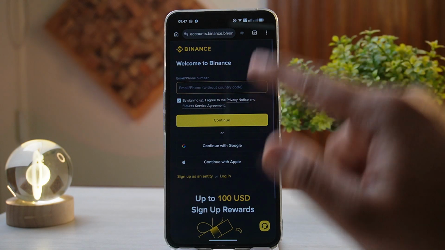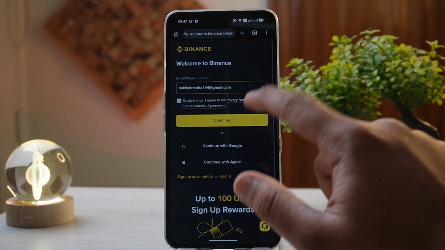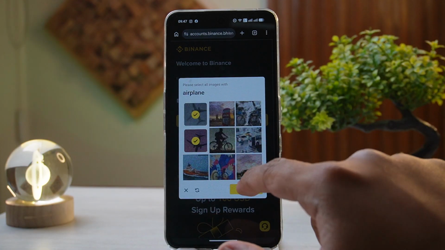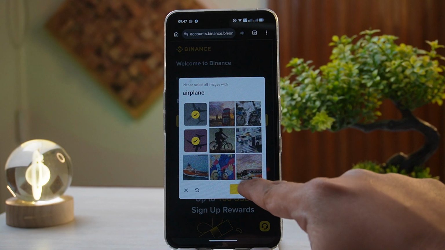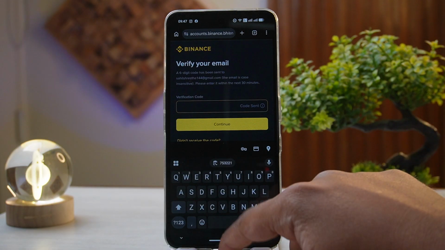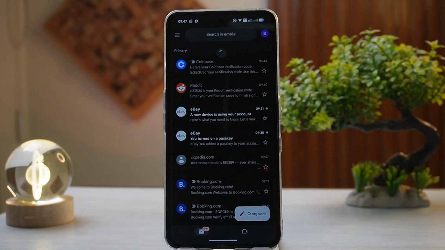After that, you can either continue with Apple, continue with Google, or enter your mobile number or your email and then hit continue. You must verify that you are a human by selecting airplanes or whatever it asks you to. After that, you must head over to your email app. I'm using Gmail, so I'm going to be heading to my Gmail app, refresh it,